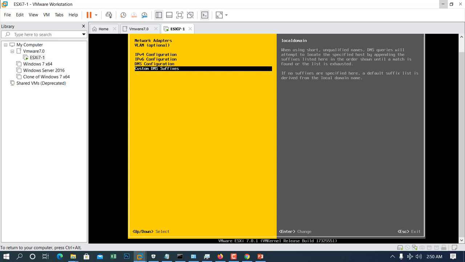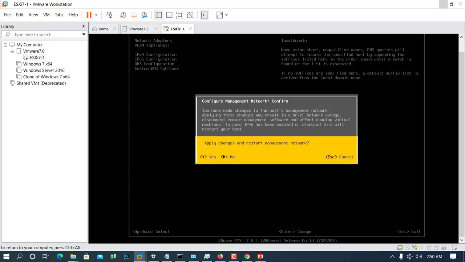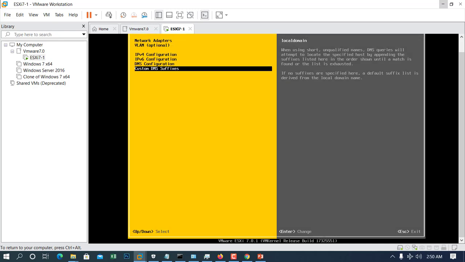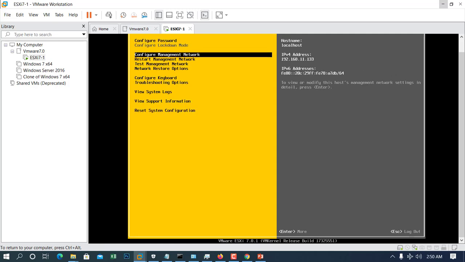So I press the escape key, and it will ask me, do you want to apply the changes to the management network? I click yes by pressing the Y key, and again I exit. In this way I can change my IP from dynamic to static.